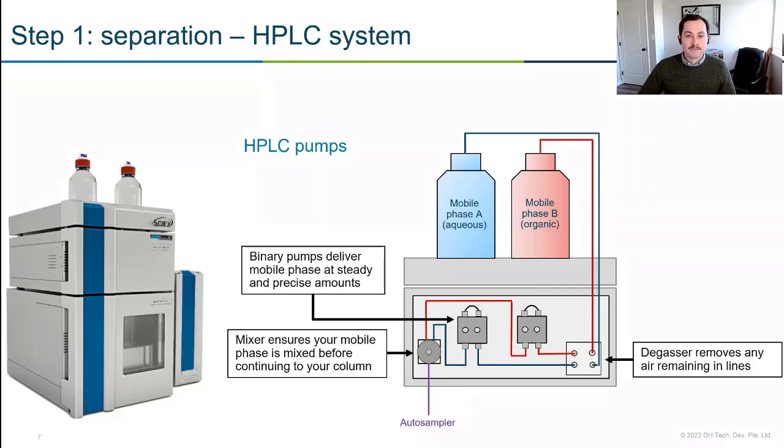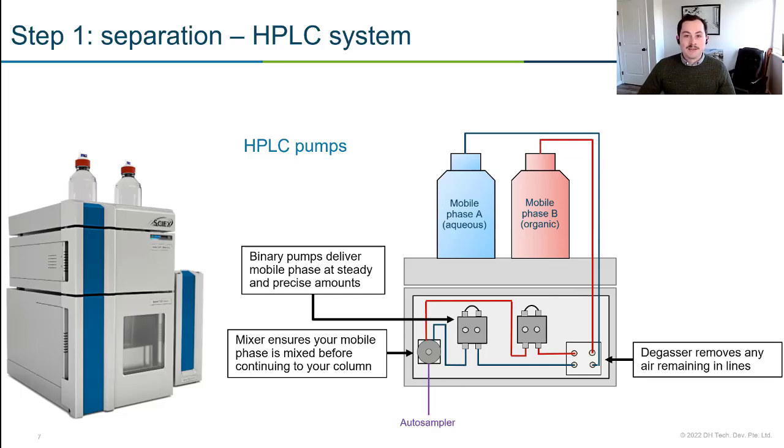for the aqueous. So from our eluent bottles, we have our mobile phase moving into our degasser. And our degasser is simply doing exactly what it sounds like it's doing. It's removing gas. Maybe previously you've seen people in the lab sonicate eluent bottles to get the bubbles out. With most modern systems now, we can just rely on this degasser to get those bubbles out, so we don't have to do that extra step.